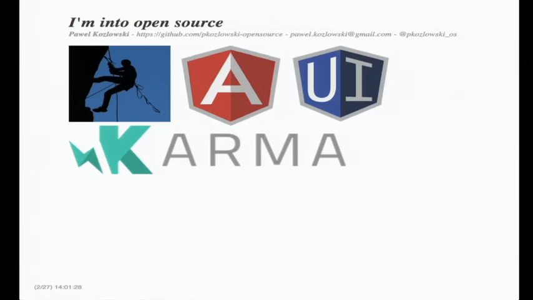So my name is Pawel Kozlowski. If I had to describe myself in one sentence, I would say that I'm an open source enthusiast. And I would like to encourage you to hack on open source. We really need all hands on deck because we are all benefiting so much from open source. We are getting so much free software of enormous quality. So if we can get more help from the community and give back a bit of what we are receiving, it would be really great.